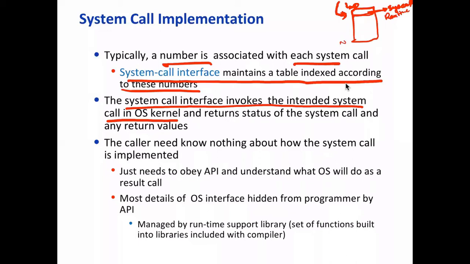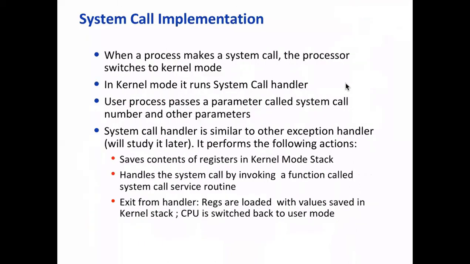Of course, you know, this syscall function that we have seen is part of the OS. And then it returns the status of the function call and the return value. So when it has done the job, it returns the value back to the user process. Okay. So then the rest of things is the same as we have discussed, that the user need not know details of all this, but just use the API.